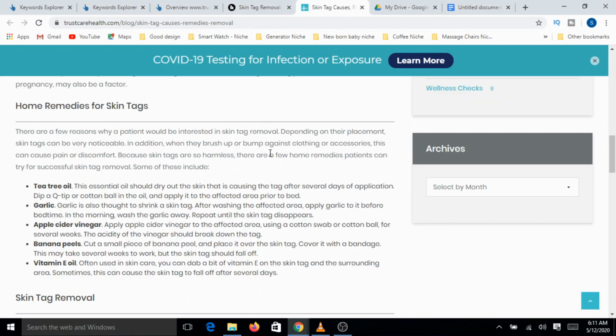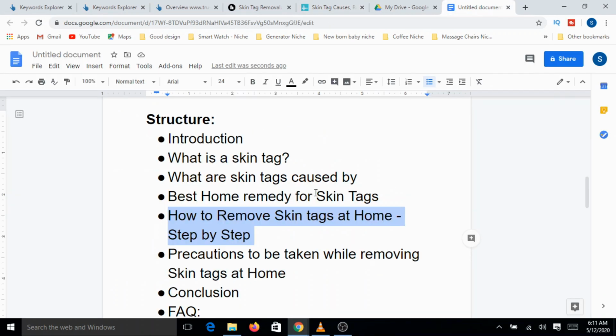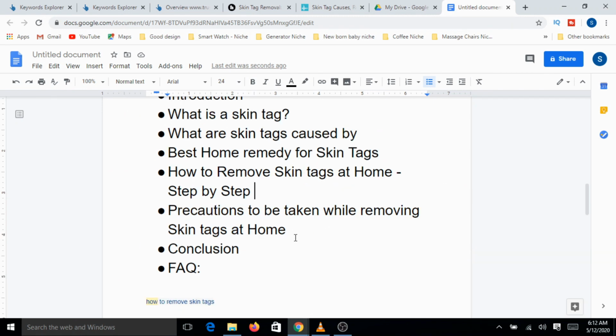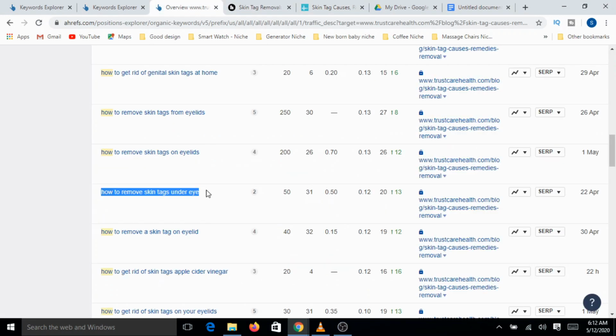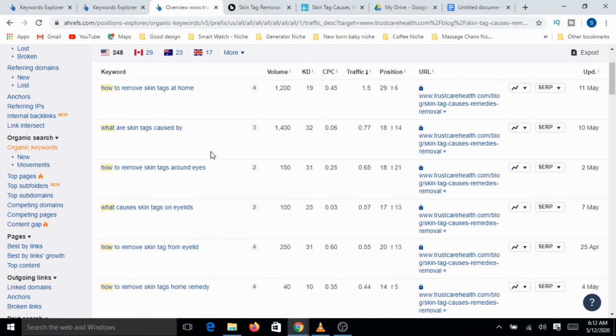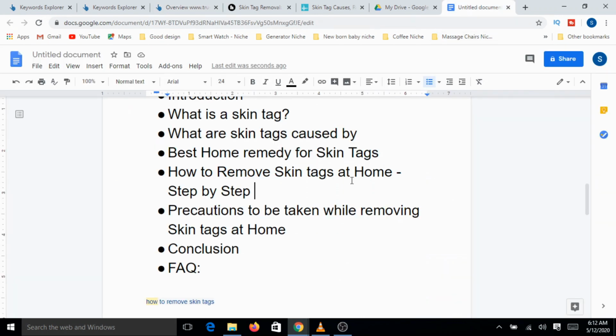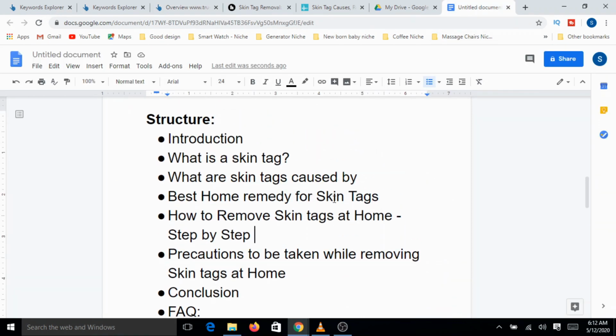This is why you need to do all this comparison and then come up with the proper structure. The more time you spend analyzing and reading through competitor blogs and checking all these questions and data, the more you will be able to form a perfect structure. You can obtain this skill only by experience and practice. There is absolutely no shortcut, let me tell you. You will have to sit and keep writing this kind of thing.